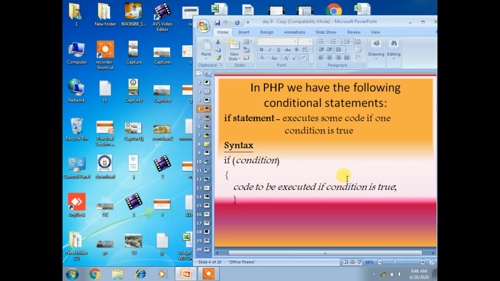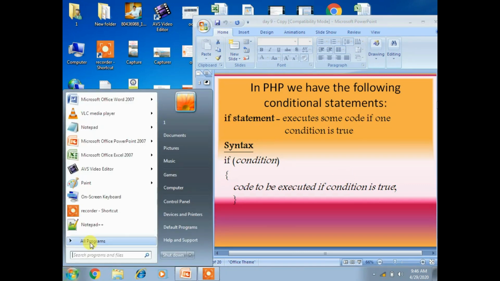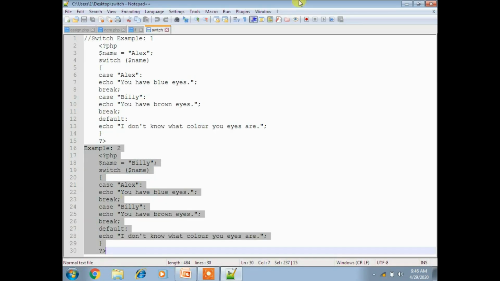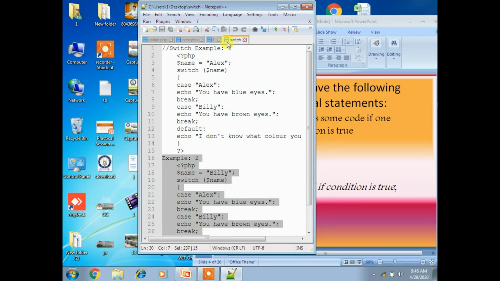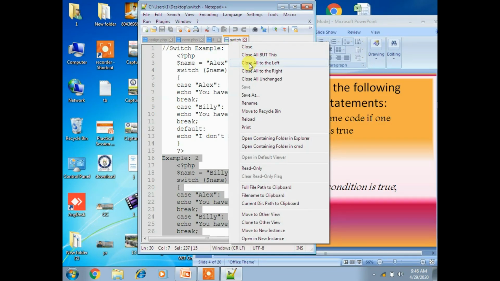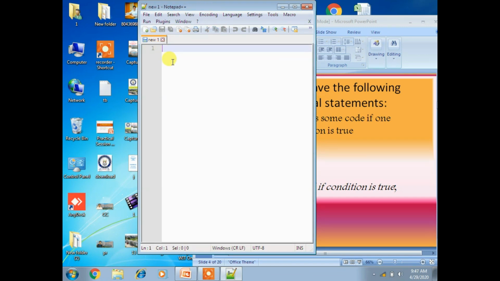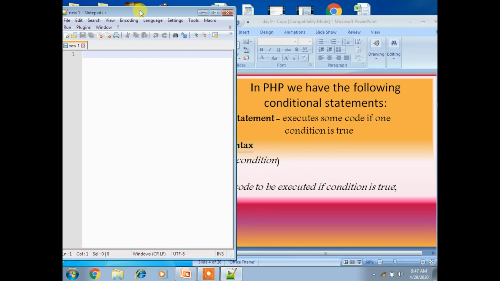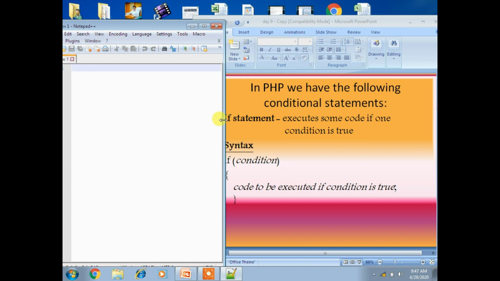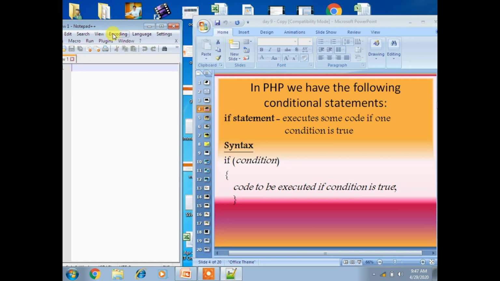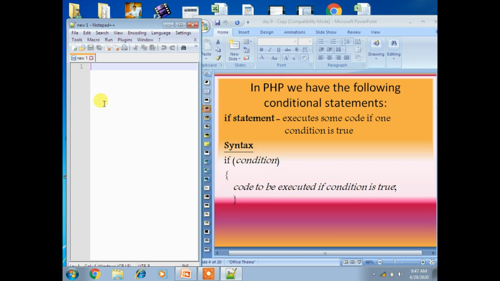Okay, and we'll see an example of how to run an if statement. I'm taking a notepad now for easy understanding. So this is an if statement.